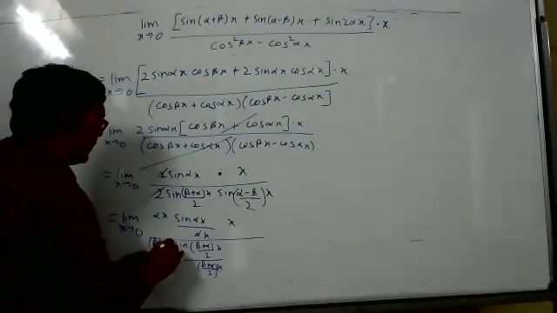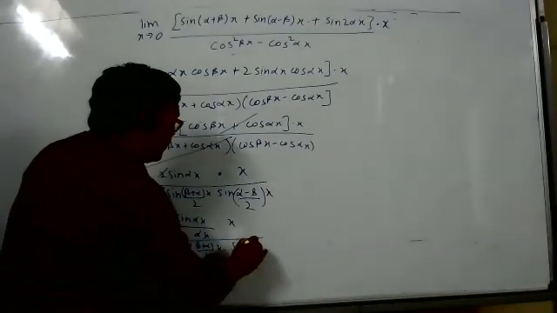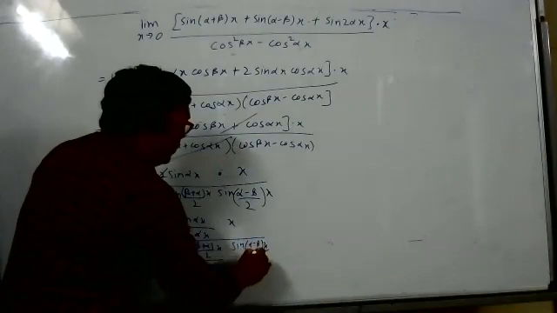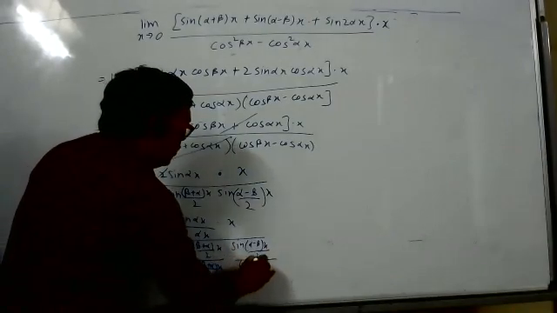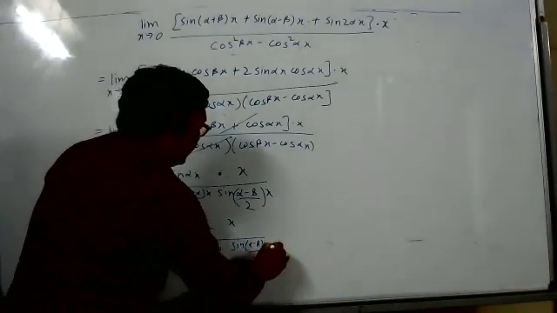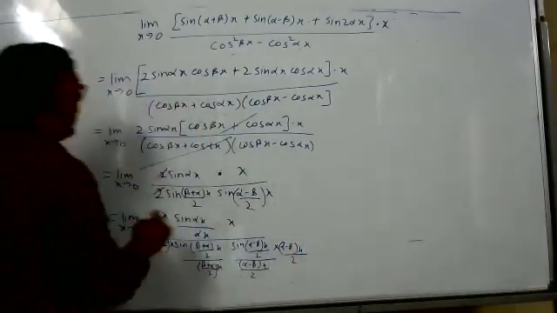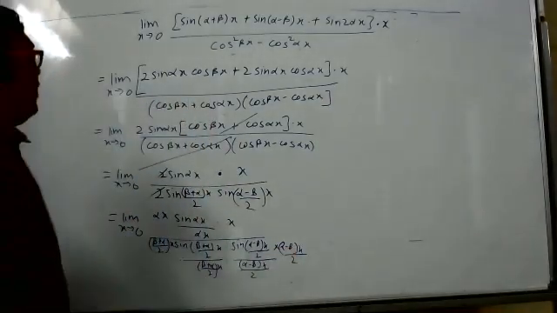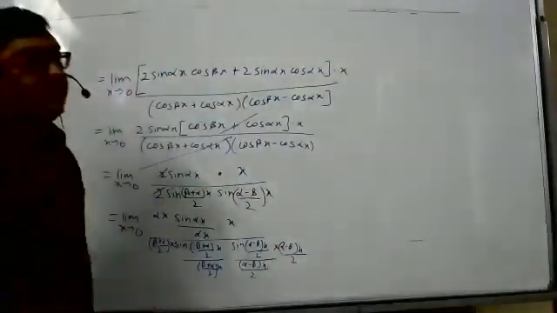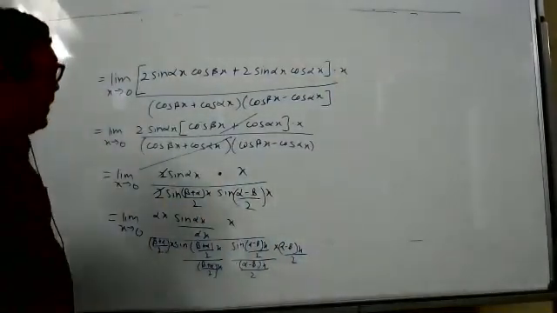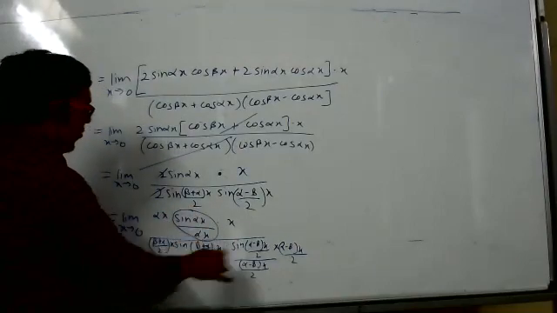This all we have done yesterday. Only this x was the problem. Sine of (alpha minus beta) x by 2. Then again we should divide by the angle only, and since we are dividing, we have to multiply also. That thing we have to keep in mind. So now what happened? Individually, every term will become 0. Sorry, every term will become 1. The formula is limit x tends to 0, sin x by x is 1. This factor will become 1. The other one also will become 1.